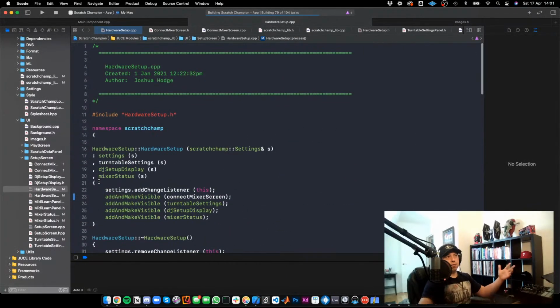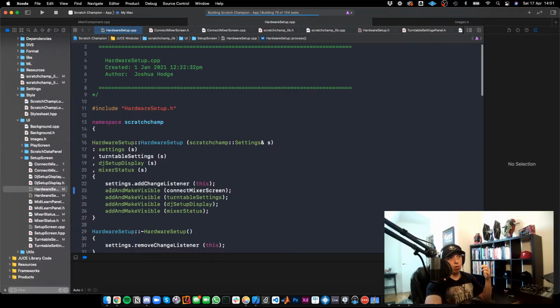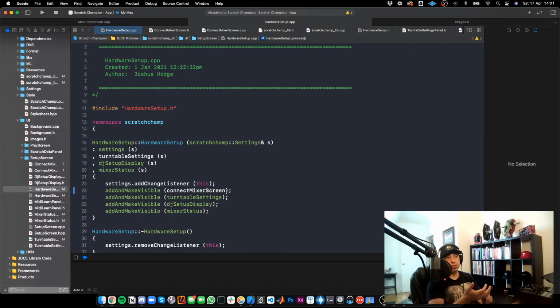And now once again we have the main app at the very top layer that has this timer callback, and now we're just passing everything down. Now we're just passing all of this down the line, right? So the main app owns this setup screen. The setup screen owns a hardware screen. The hardware screen owns all of this, the connect mixer screen. So that screen that we had that says connect mixer, it owns the turntable settings, it owns the setup display,